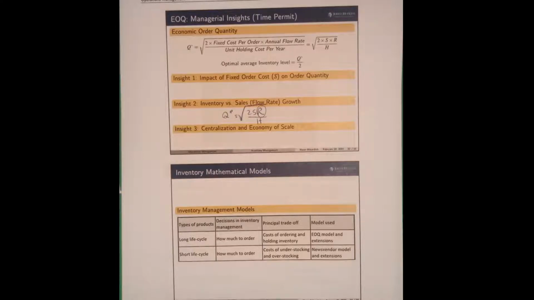Because they have a short life cycle, your concern about their management is not inventory ordering cost or inventory holding cost. Your concern is mostly making the most money in that short selling season, or making sure that the majority of customers are going to get the product if they are looking for it. All right, so let's see a few examples.